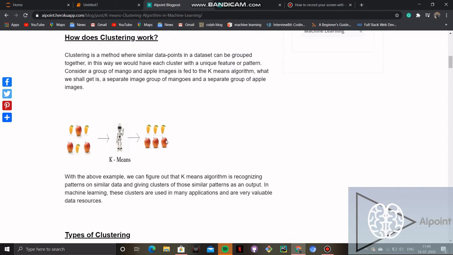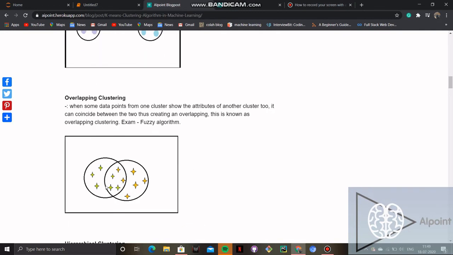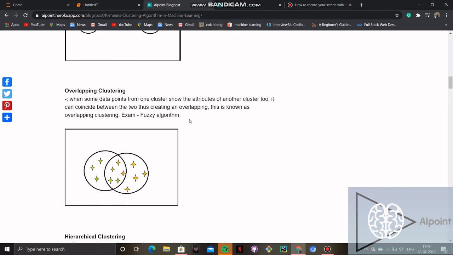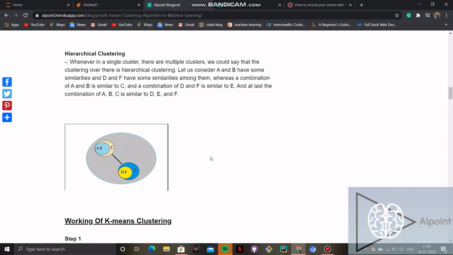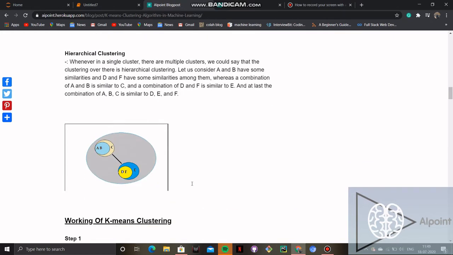We cannot put a mango in the apple cluster, or an apple in the mango cluster. So this is known as exclusive clustering. There are other types, overlapping and hierarchical. One is used in fuzzy algorithms, and you can visit our website to know about these two, as they have no relation with K-means clustering.